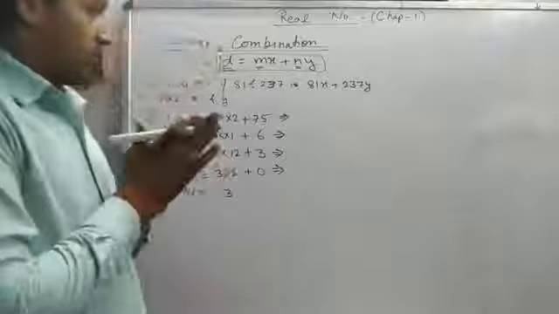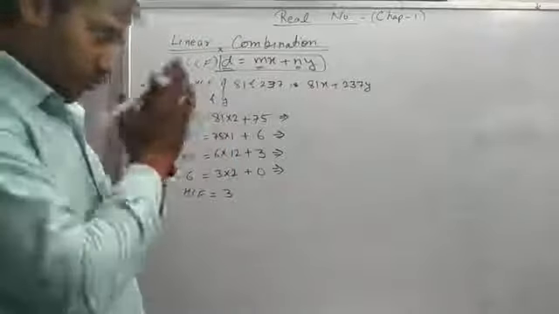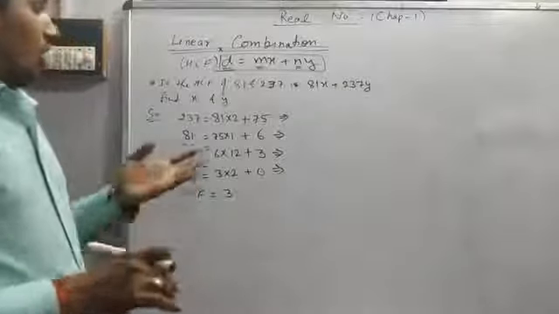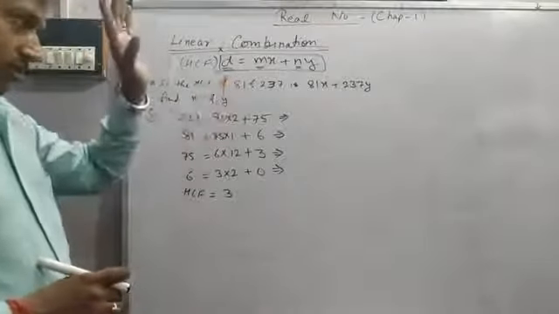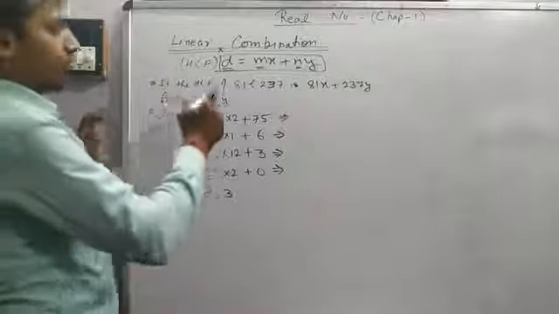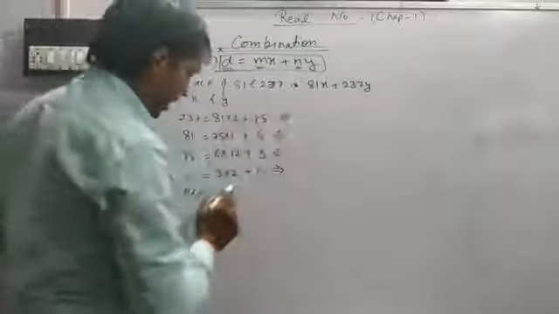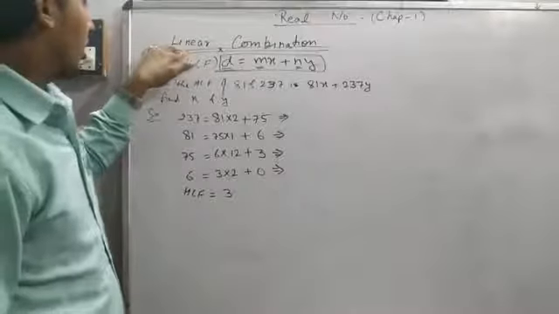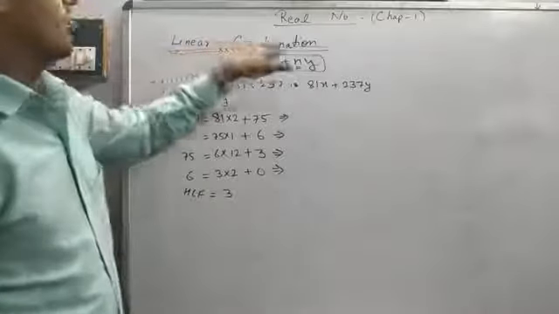I know it is not easy to understand the question with one example, so we take one more example for this. The same question as in the previous lectures: we can find the HCF of 81 and 237. We get 3. Here the same question is combined with a linear combination.